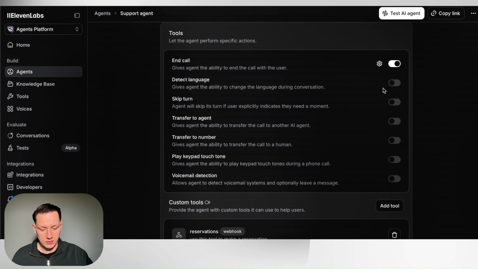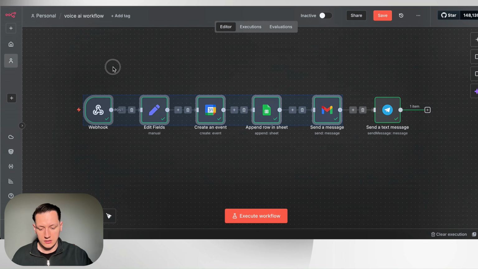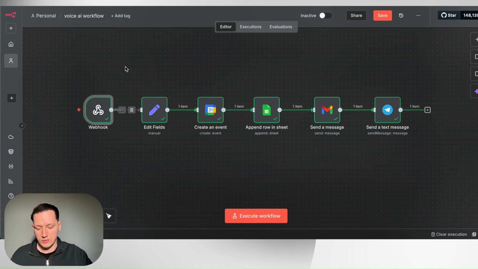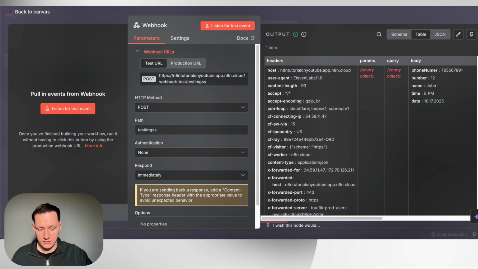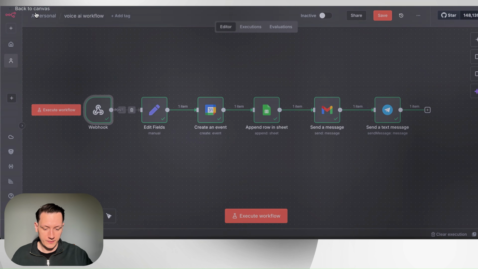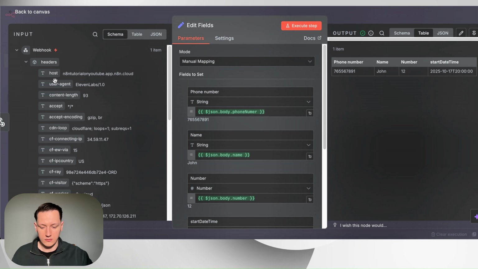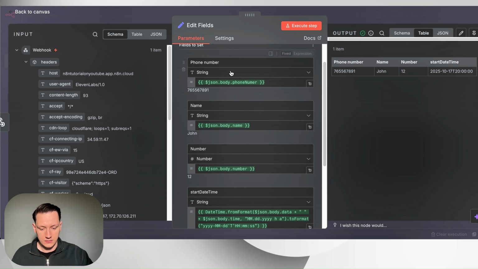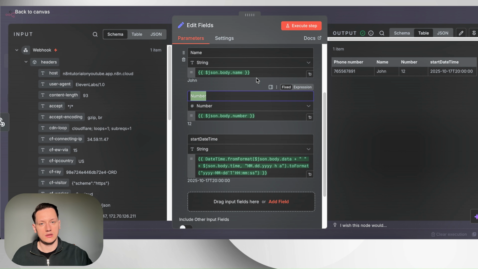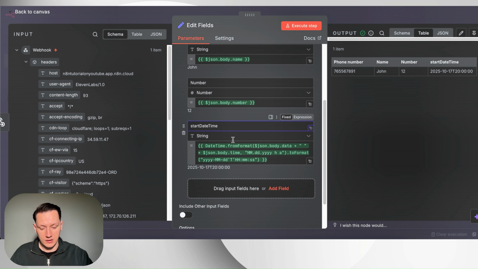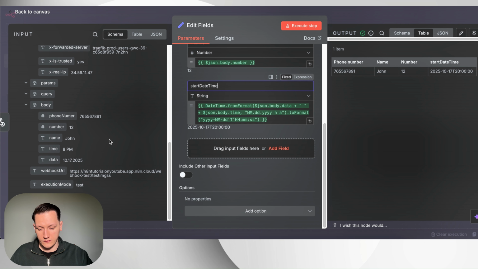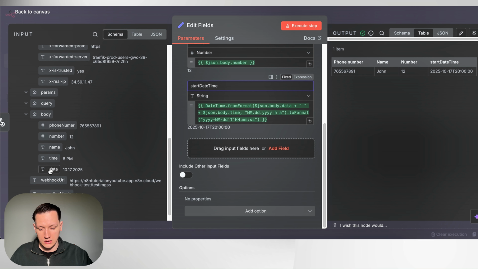Now I'm going to show you what I have in n8n. In n8n, of course, I use webhook as a trigger. Then I use Edit Fields to take data from the webhook. I use phone number, I use name, I use number as a number of people, and I use start date time, where I take the date and I take the time and I make it